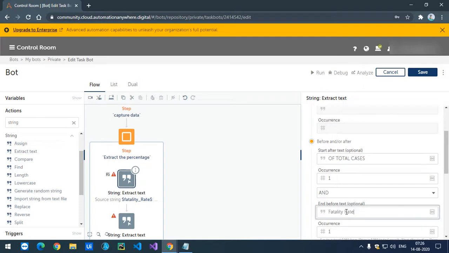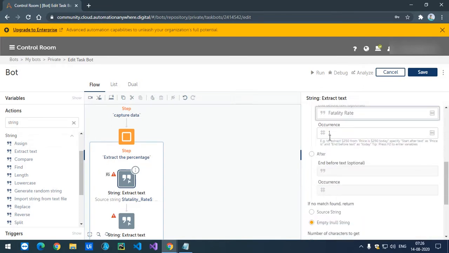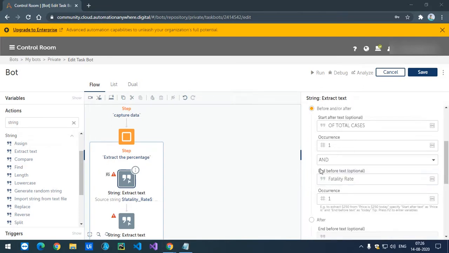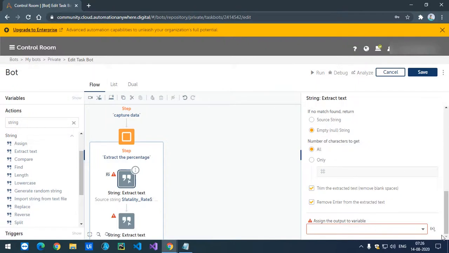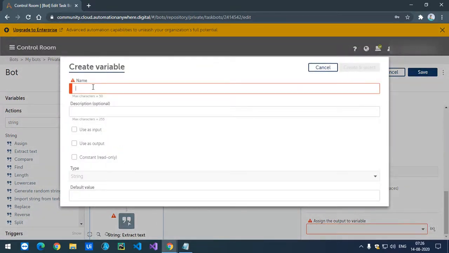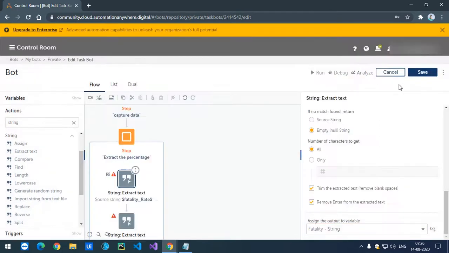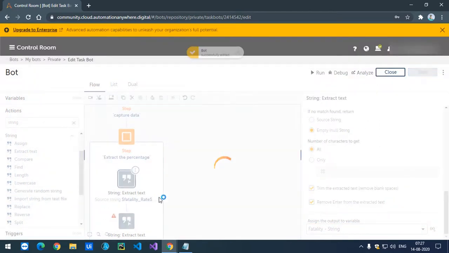End after this text. And then by this it will get this 2%, which is in between both of these texts, and this 2% I'll store in a variable. First is fatality, and I'll say this.